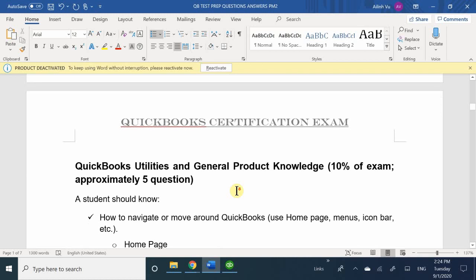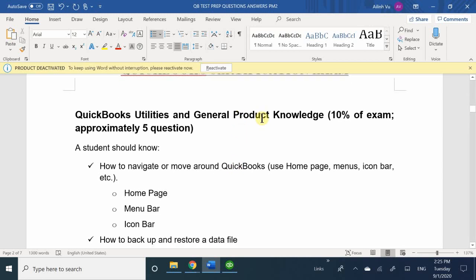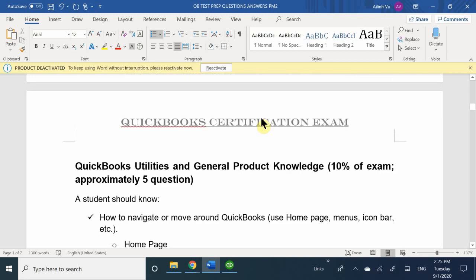That was section 1. Now we're going to go into QuickBooks utilities and general product knowledge. A student should know, number 1, how to navigate the home, how to navigate or move around